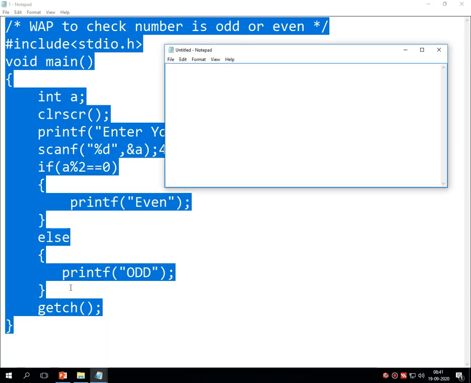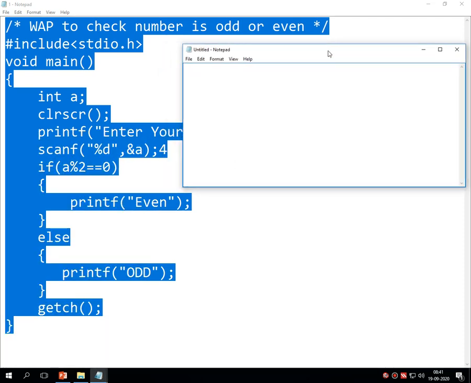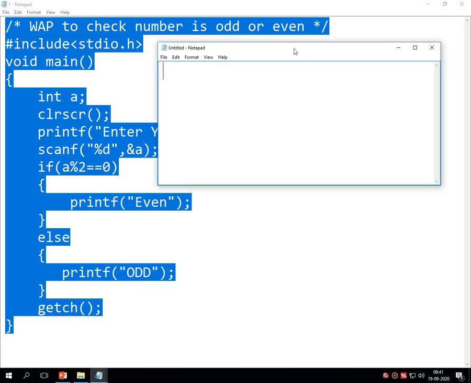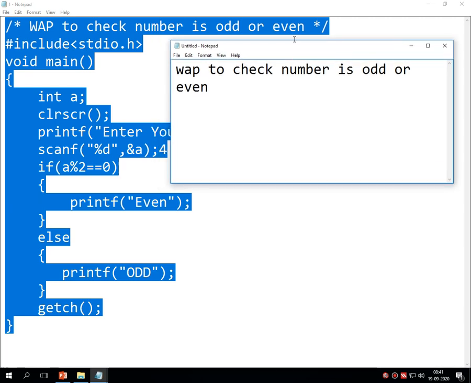Let me write this particular definition separately on another screen. Write a program to check number is odd or even. This is the first program of today's session, right?